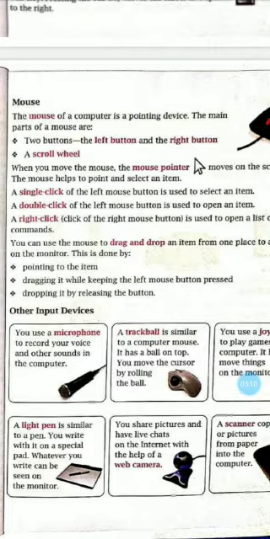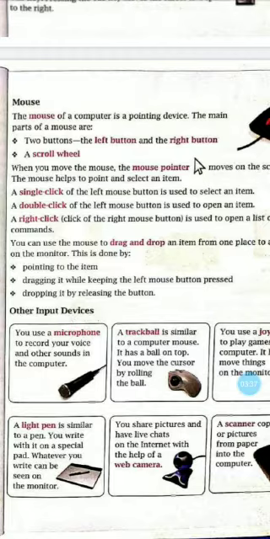releasing the mouse button. Now if you remember children, in class 2 you have done this practically also, drag and drop. You clicked the left button of the mouse and selected an icon on the monitor, and without releasing the left button you dragged the mouse and then you released the left button. So the icon was dragged from one place to another. That is called drag and drop.